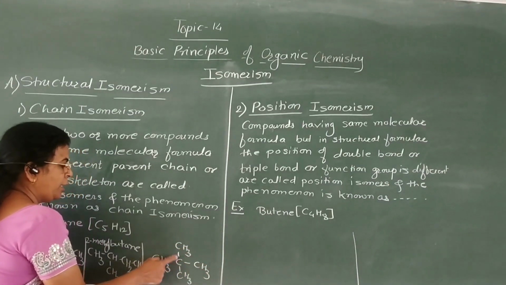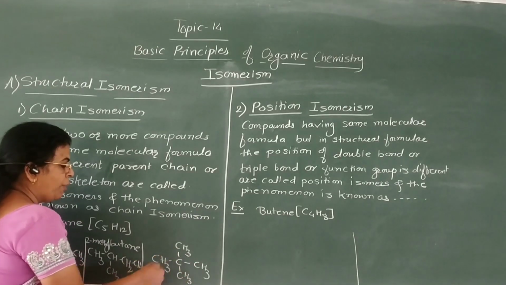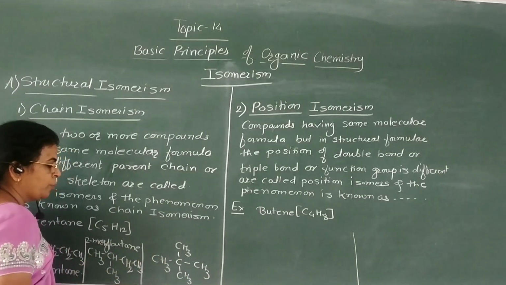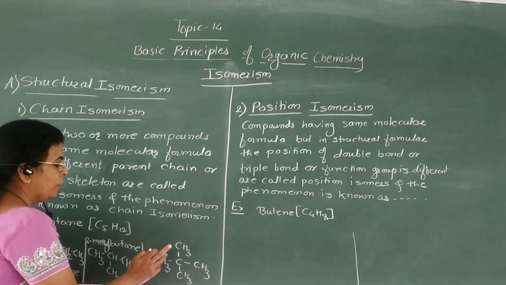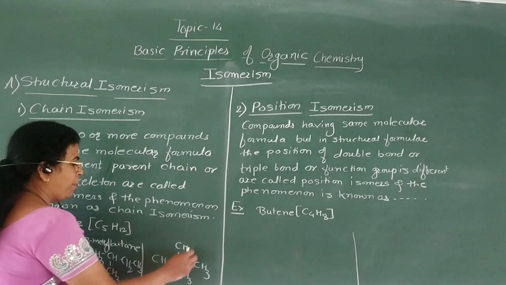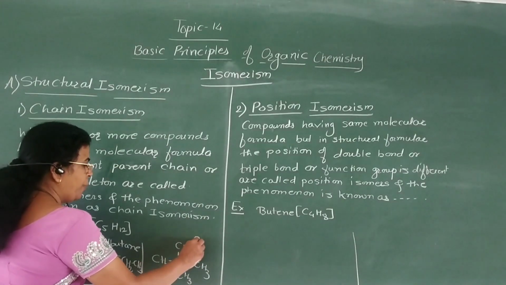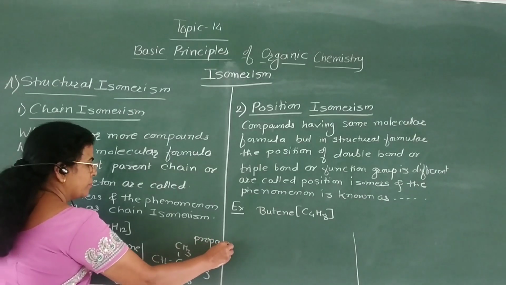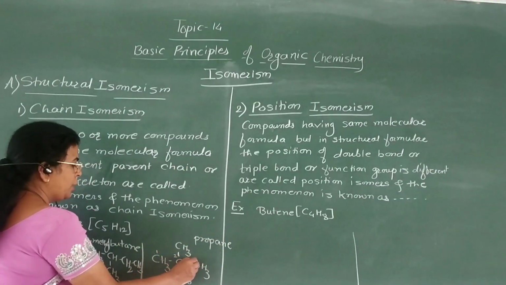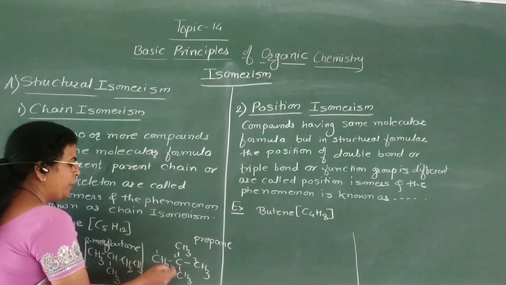That is 1, 2, 3, 4, 5 carbon atoms, in which 1 carbon atom is bonded to 4 methyl groups. This is neopentane, the common name of this compound. Now here the parent alkane is propane, 1, 2, 3,